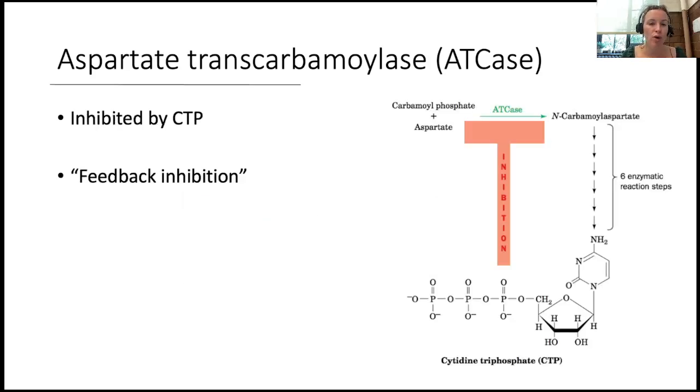What we know is that this enzyme is inhibited by CTP. CTP is pictured at the bottom right-hand side of the screen, but we should recognize CTP because it is a nucleotide, and we've already learned about nucleotides in this class. CTP performs what we call feedback inhibition. This is when a molecule,